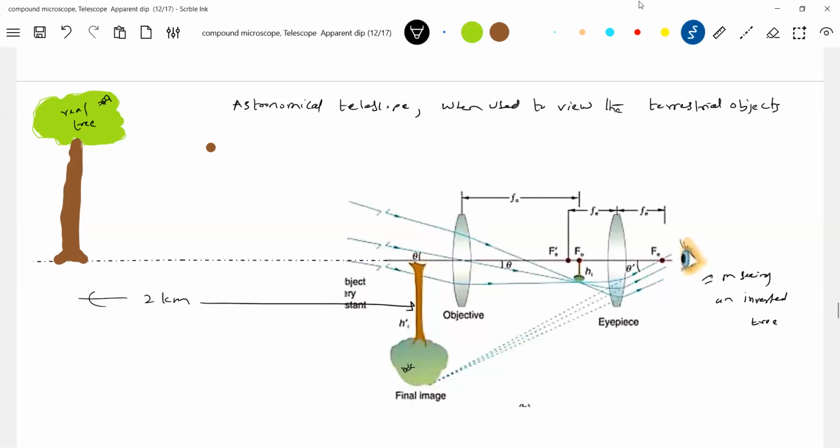Why the rays? Is it justified? Showing the ray diagram, okay? Why do we have to show it like this? This is the basic idea. This is what happens here, so you see an inverted image like this. How to overcome this?